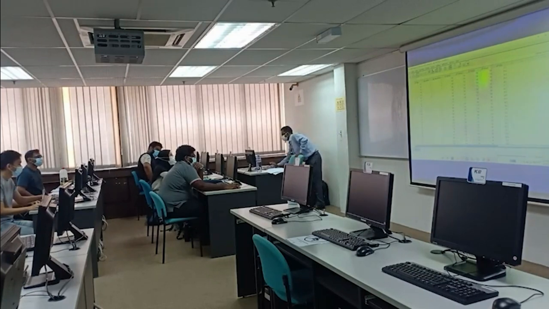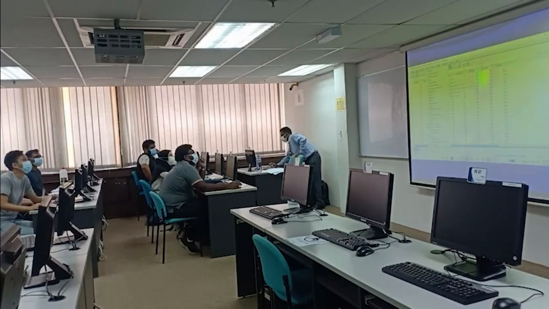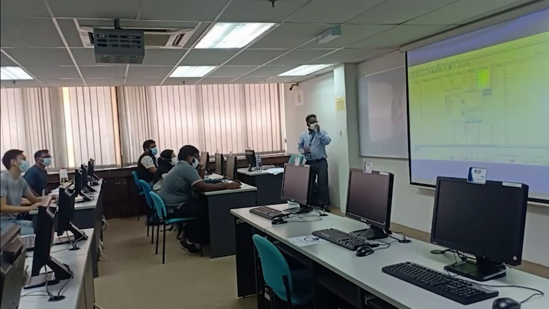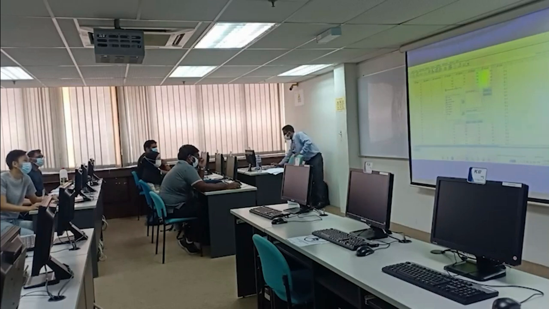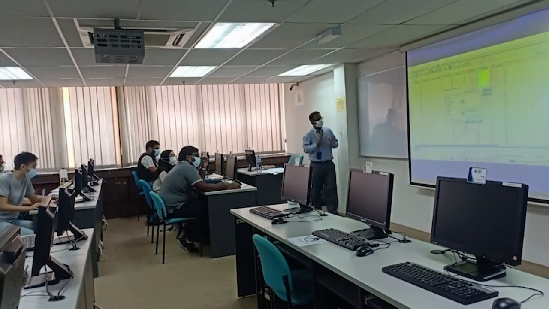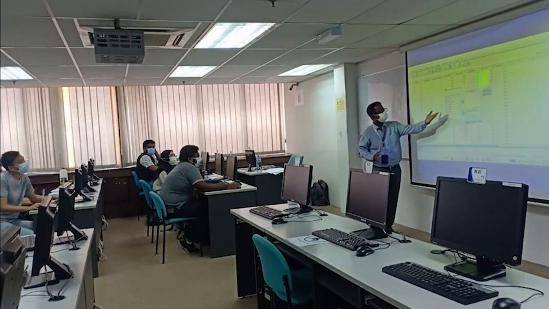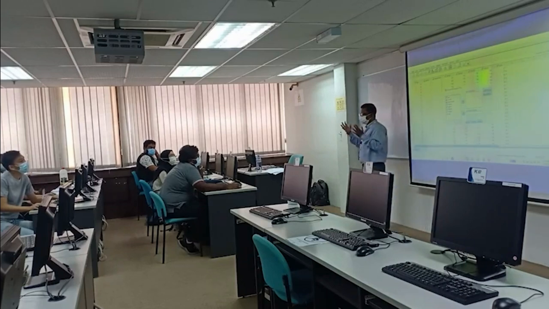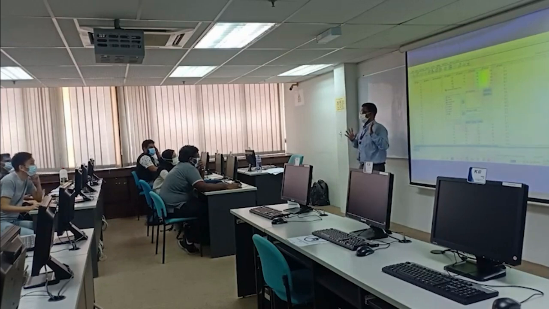How to do that? You have to click on Analyze, Compare Means, Independent Sample T-Test. Okay? Did you get this step? Okay, once more I will tell you. Analyze, Compare Means, Independent Sample T-Test. Now, you have to select the test variable and you have to select the grouping variable. What is test variable? It will be systolic blood pressure. Grouping variable will be gender. Understood? Very easy.